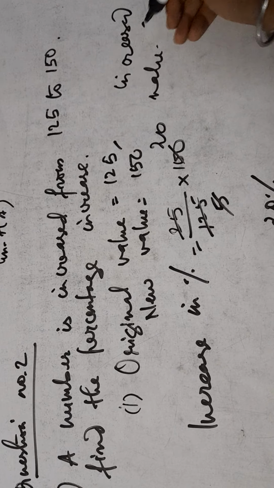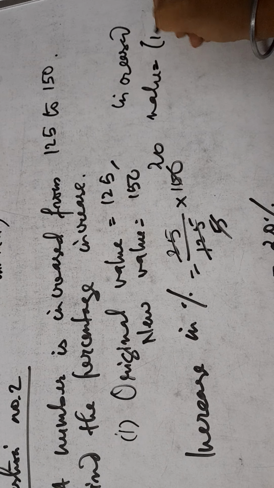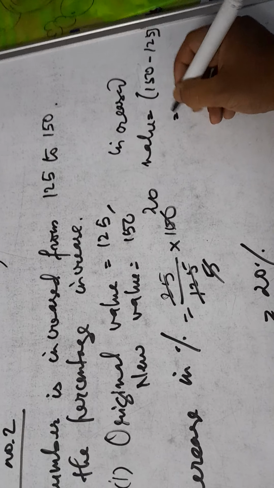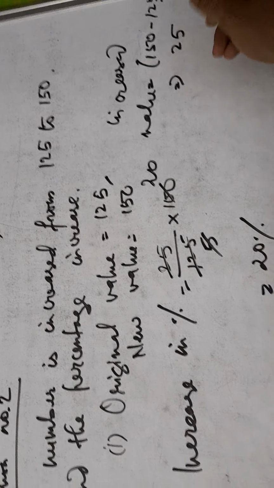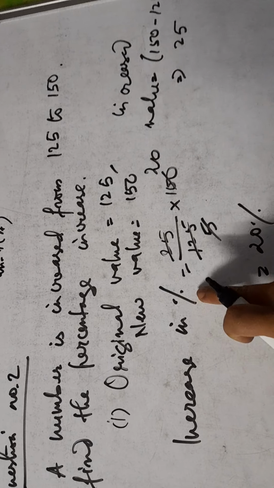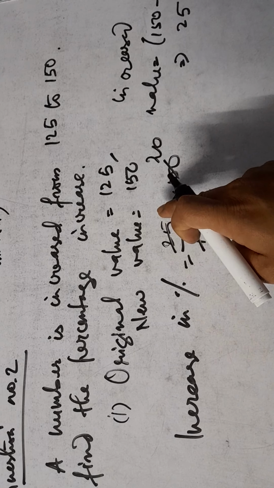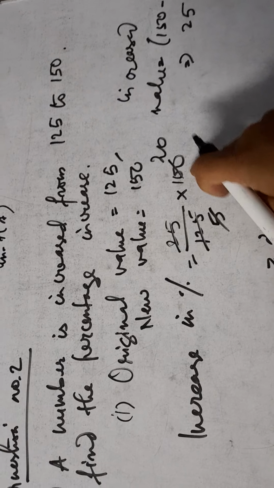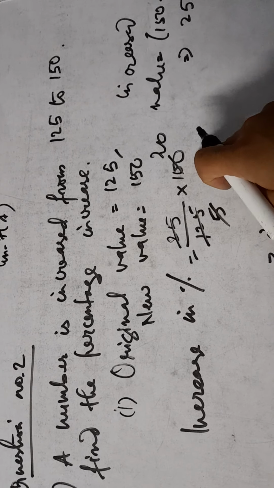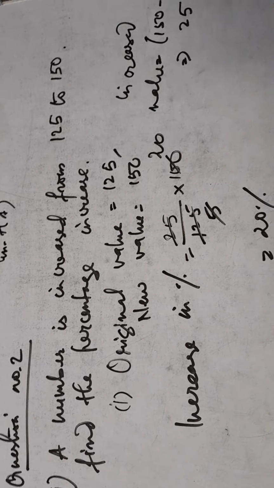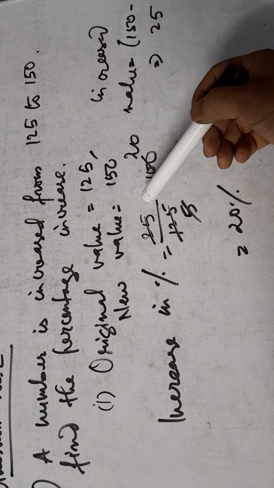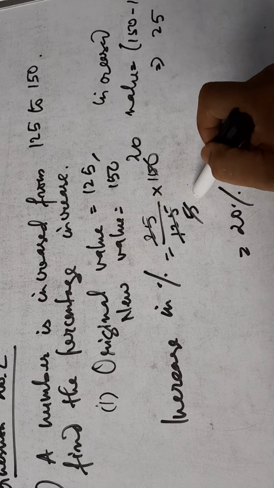Okay, that will be 150 minus 125, so here you get 25, which will be your increased value. Okay, so the increased value will be 25 and the original value will be 125, into percentage. To find the percentage we have to multiply by 100. Okay, so after that we can cancel the digits, 25, 5, 125